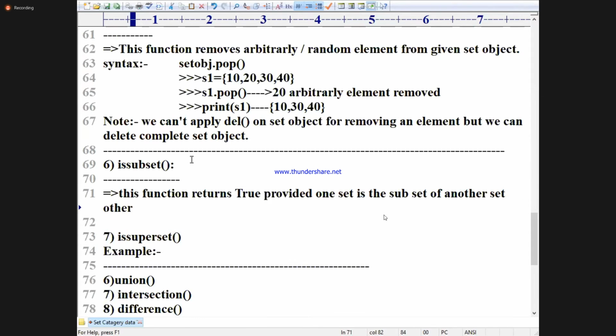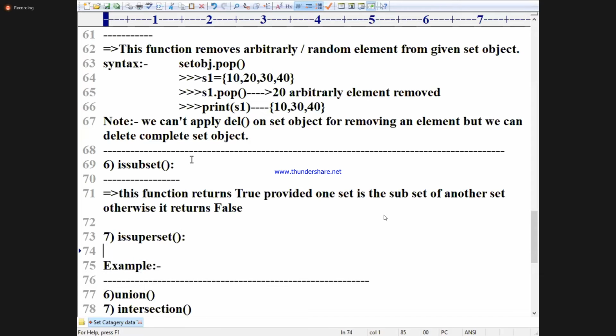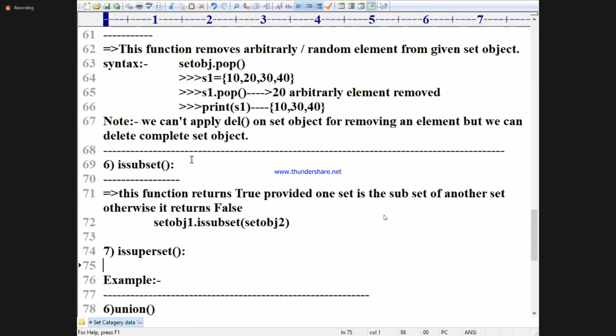Otherwise, it returns false. You write the syntax there: set obj1 dot issubset of set obj2. I'll give a combined example for both of them.